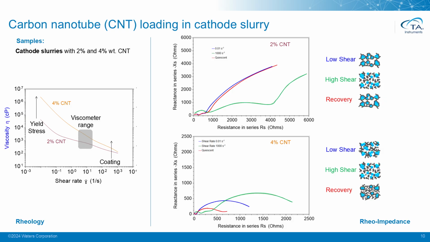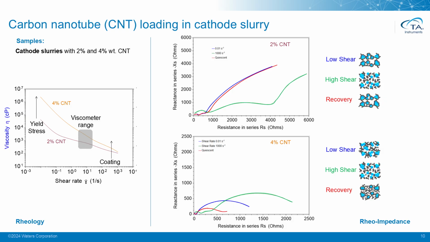So what we did here is we measured the dielectric spectra of the sample 3 times. The first one is the blue curve, which is made at a very low shear rate, in this case 0.01 inverse seconds, which is at the very low end of the shear rate range. This is to simulate the storage conditions of the slurry before we start to coat it. Right after mixing, we store it for some time, and that's where we get this low shear